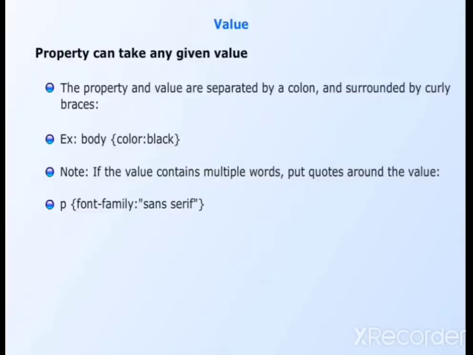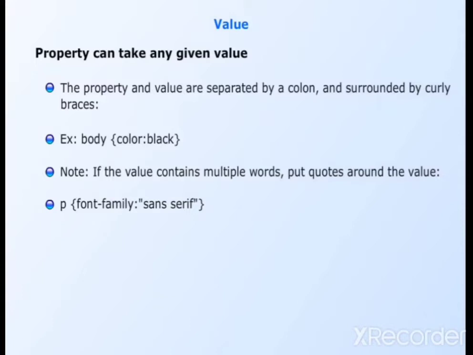Next one is the value, that is used in the syntax, third part here. Your property can take any given value. The property and value are separated by a colon, as we mentioned previously, and surrounded by curly braces.